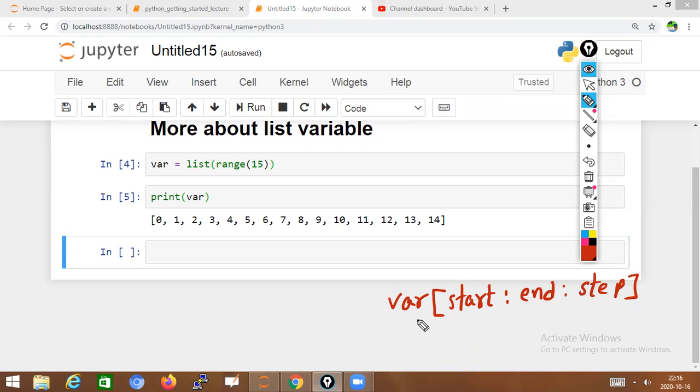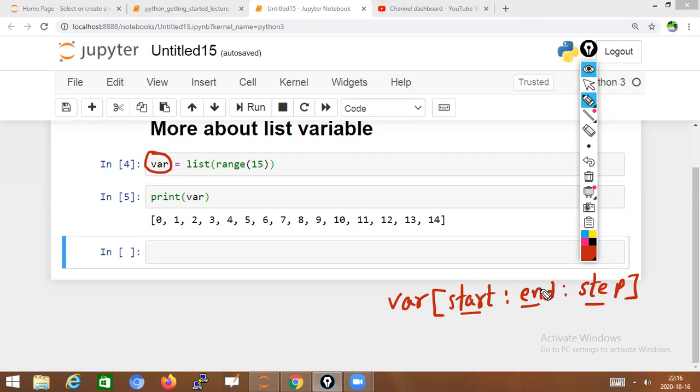This is more about the list variable syntax. For example, I created one list variable var, and in this var we can take three values: the first one is start, the second is end, and the third is step.